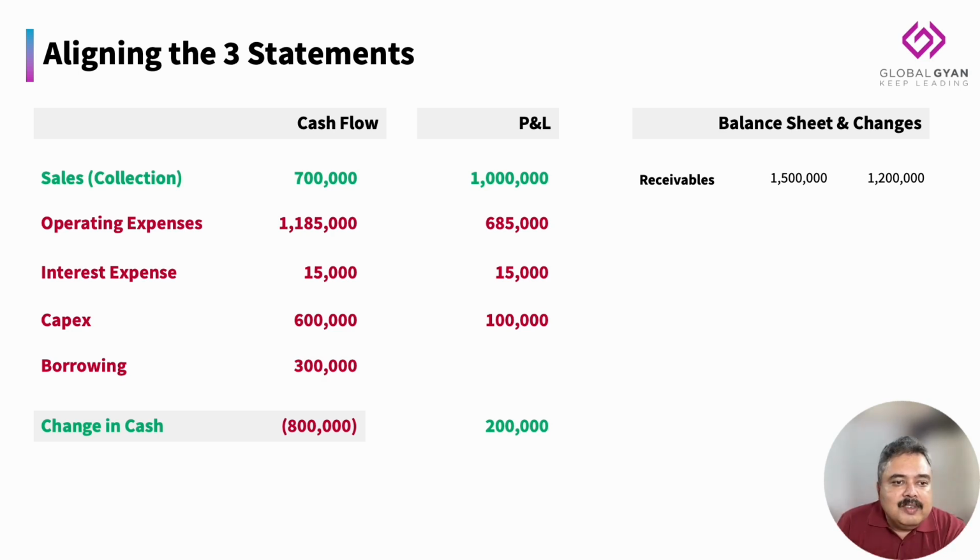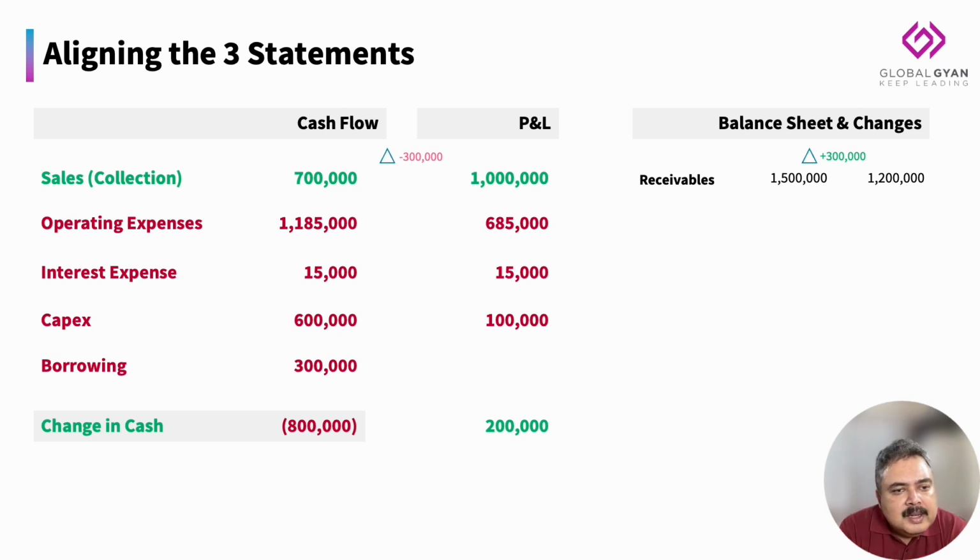So the collection of 700,000 is what shows up in cash flow, because that's the money you've received, whereas the P&L tells you all the invoices that you raised, which is 1 million. And the difference between the beginning receivables and the end receivables is 300,000. So receivables have gone up by 300,000. Therefore, my cash is actually 300,000 less than what the sales represent. So you can see that mapping, that increase in receivables means that my cash inflow is lower than what my